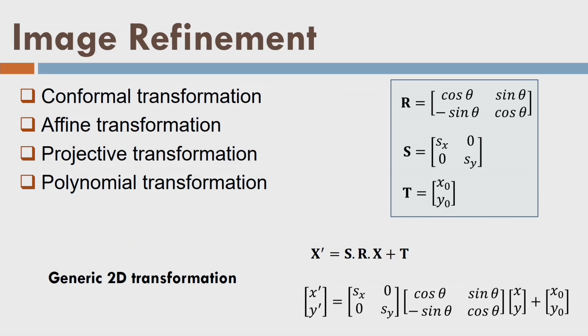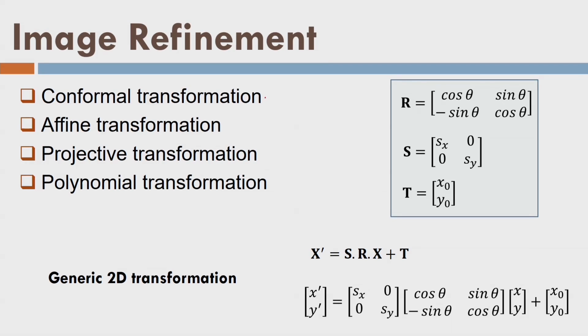After that, let us look into some mathematical models of image refinement. What's the meaning here? Systematic error follows some mathematical rule, so we have corrected it. However, there are some errors which always follow some pattern, and those patterns are very much known to us, and according to those patterns, we try to correct our images. We look for such patterns first. So if you find a pattern, then we will immediately use a particular type of mathematical transformation. So these transformations are conformal transformation, affine transformation, projective transformation, and polynomial transformation. So there are some situations under which we use these.